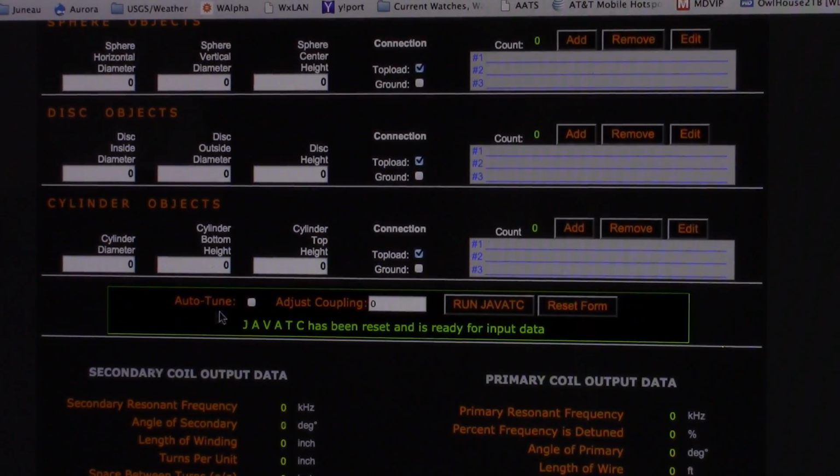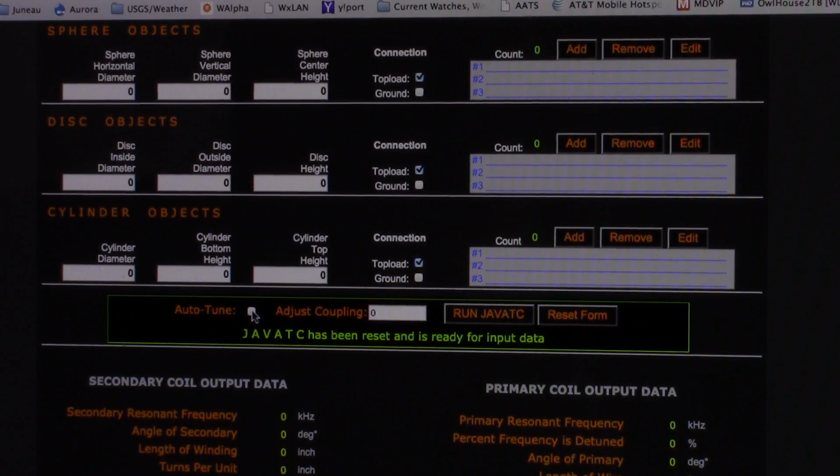So what I'm going to say to JavaTC, now I'm going to run this. I'm going to run an auto tune and say, okay, I'm not sure I've tuned it correctly. I've put 10 turns, but you figure out if that's right. I'm going to leave the coupling the way it is. I would sort of like it to adjust the coupling, the K, to what it thinks it should be. Let's see what happens. All right, so I'm going to run JavaTC, and I press it and I run it,